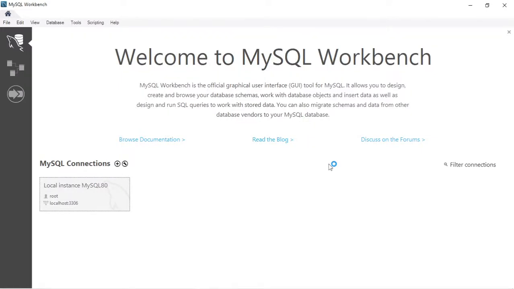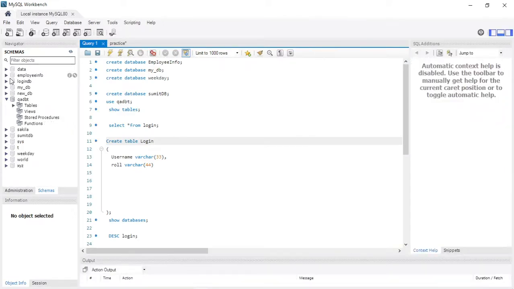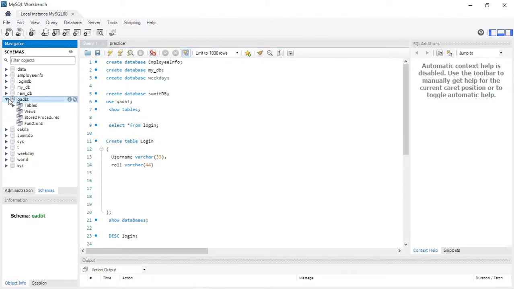Once you click this, it will open all the databases which it has. So many databases are present here. By default, there are many databases. So this is the database I have created. So if I show you,